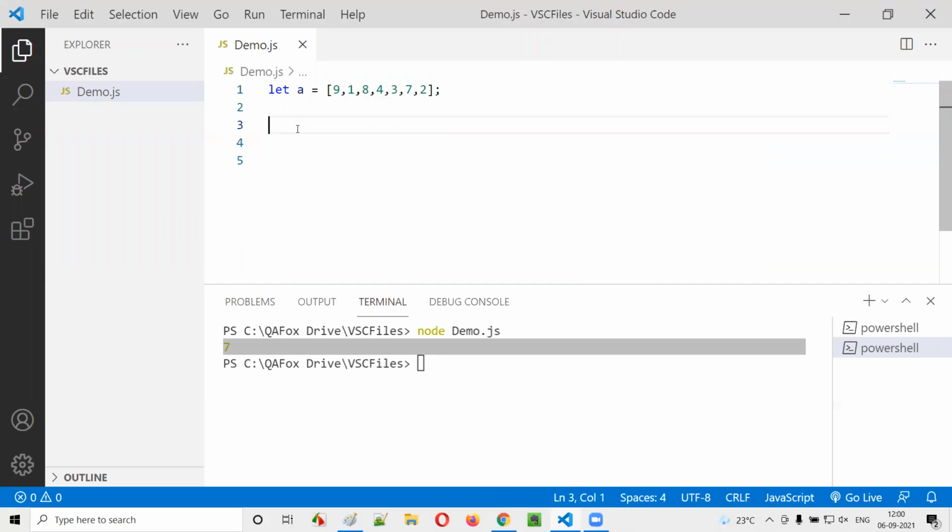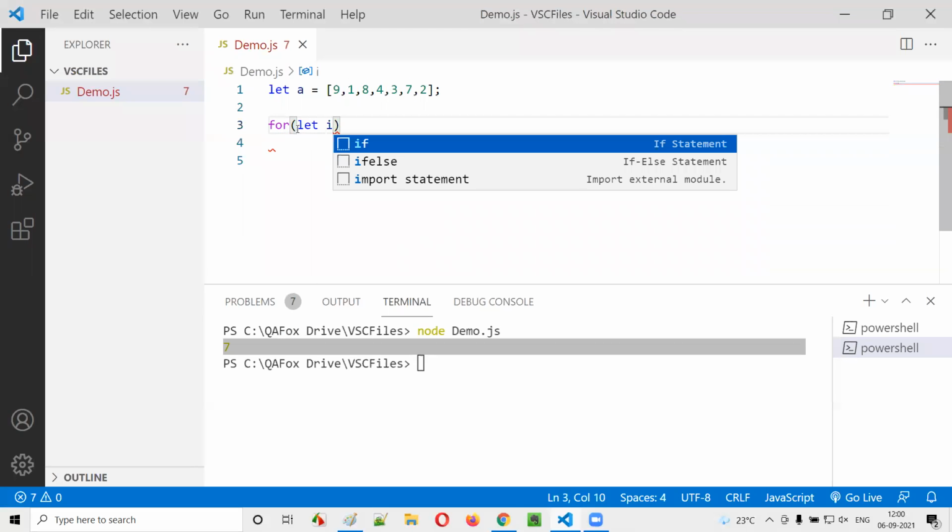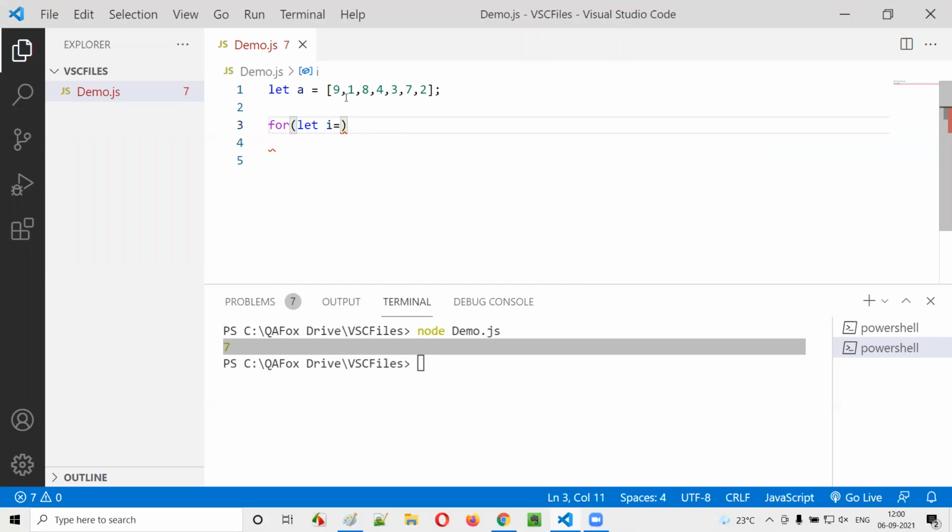I'll first use the general for loop with the array, guys. What is the general for loop? For let i is equal to, I'll start with the index 0. I'll go with the indexing concept, because when I'm trying to access the elements in this array, I have to use indexing, and the first element is at index 0, right? So I will initialize i with 0, semicolon, i less than